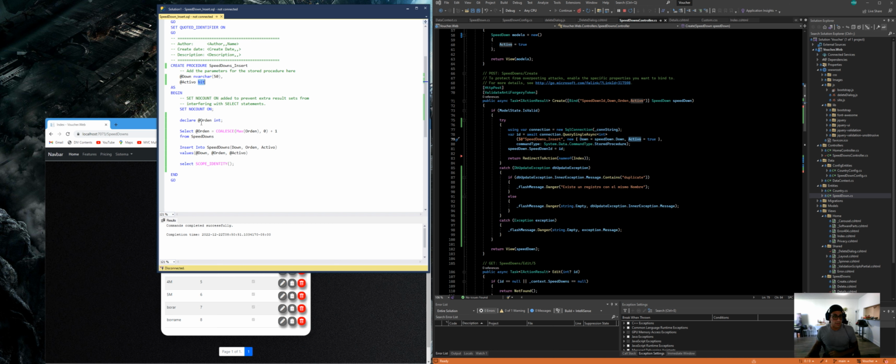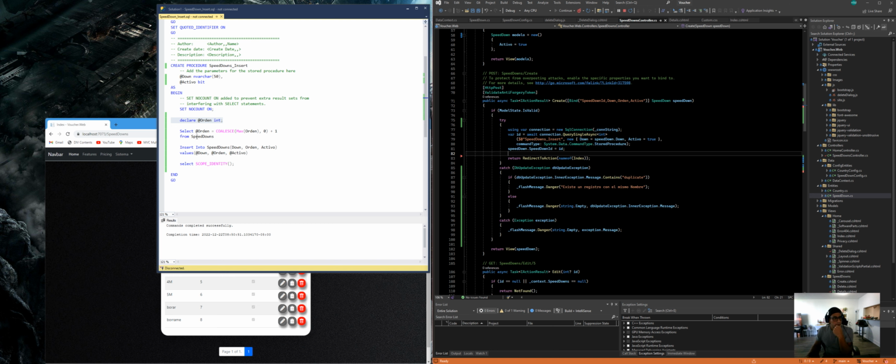Entonces yo lo primero que necesito saber es cuál es el último registro y cuál es el registro con mayor número. Yo pudiera hacer eso desde acá con LinkQ, pero la idea es saber cuándo trabajar con LinkQ, cuándo trabajar con Dapper, cuándo optimizar recursos y velocidades en los accesos a la data. Entonces, en este caso es más rápido hacerlo con Dapper porque son funciones propias del SQL y el SQL nos